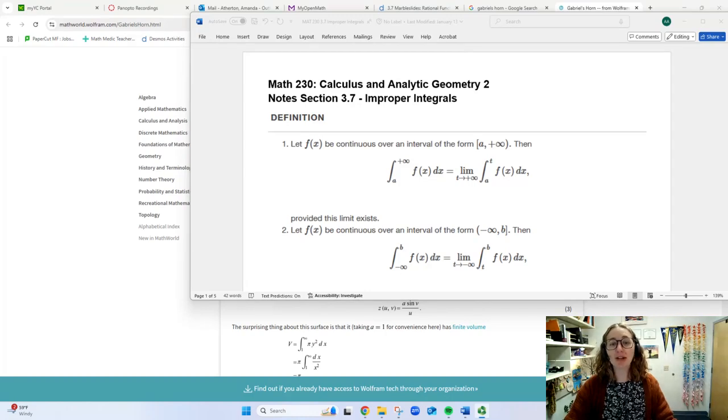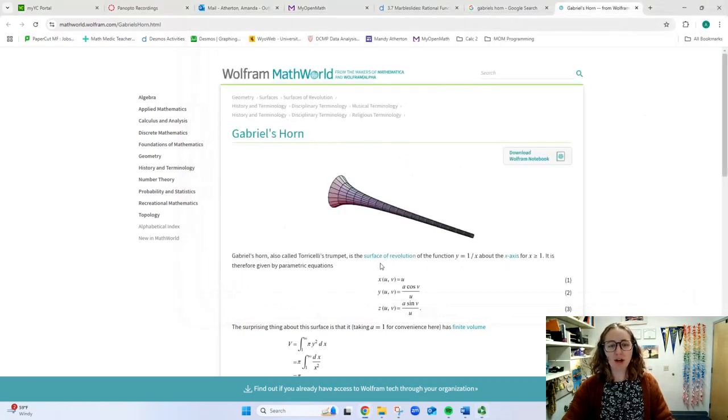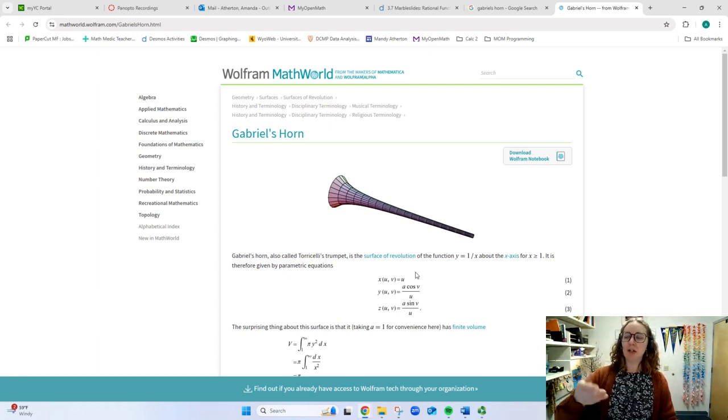All. Today we're going to be looking at improper integrals. Before we get started, I wanted to talk about a particular improper integral that's very fascinating right here. This is called Gabriel's horn, and it is the surface of revolution when you do the 1 over x function